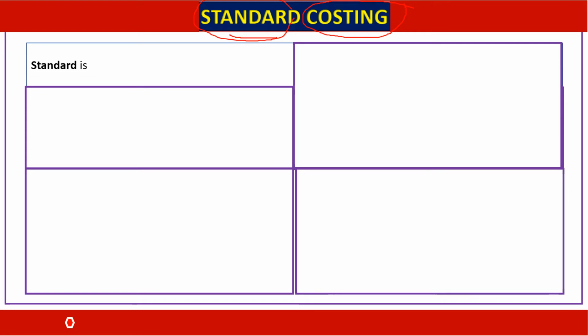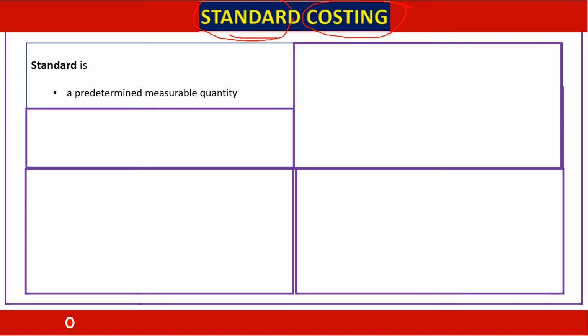And what do we do with the standard? We compare the actual performance. Everybody is supposed to meet the standard or exceed the standard. Any performance below the standard is known as substandard performance, which needs improvement to keep the business in a competitive mode. To take standard in its details, it is a predetermined measure